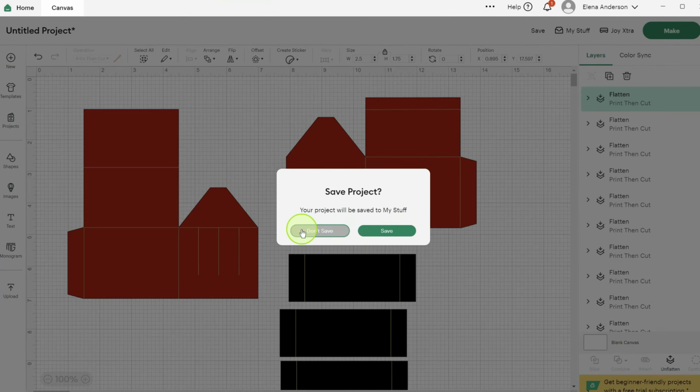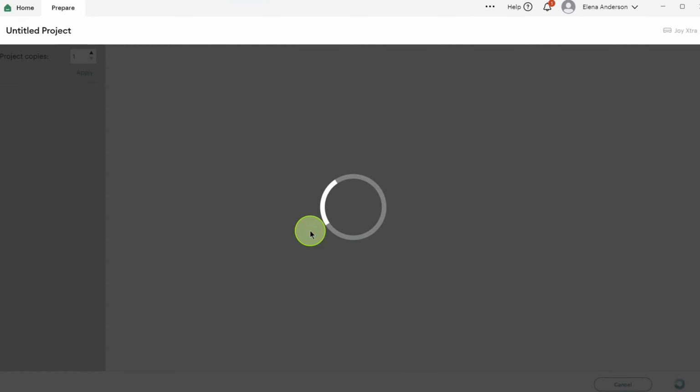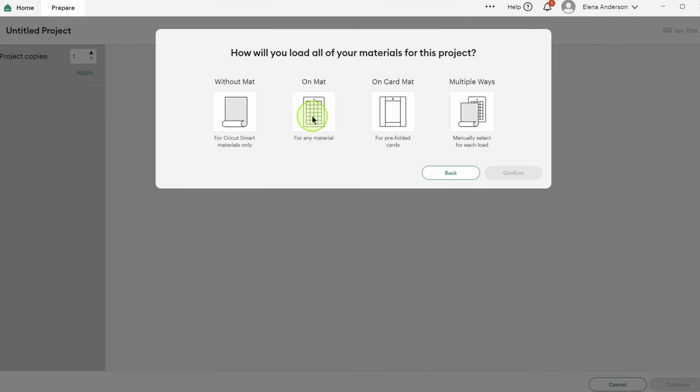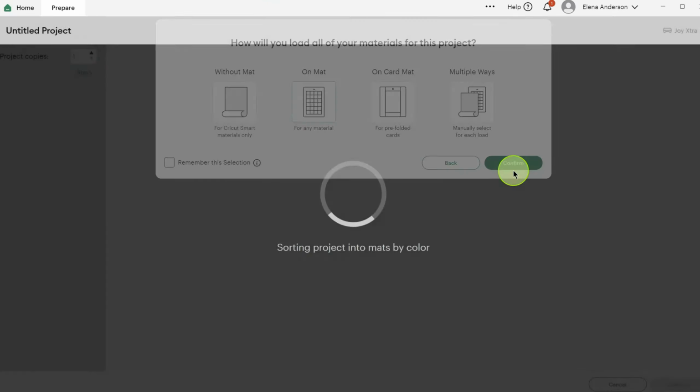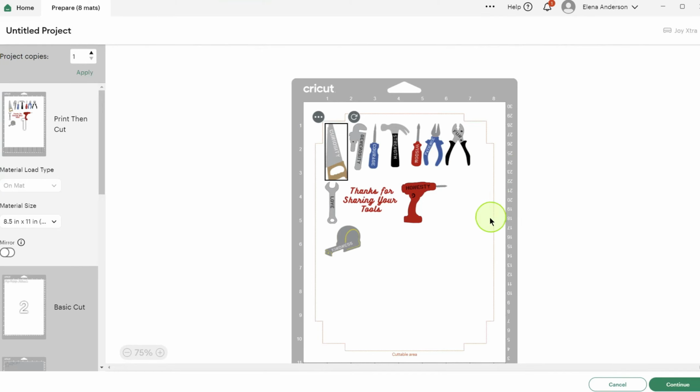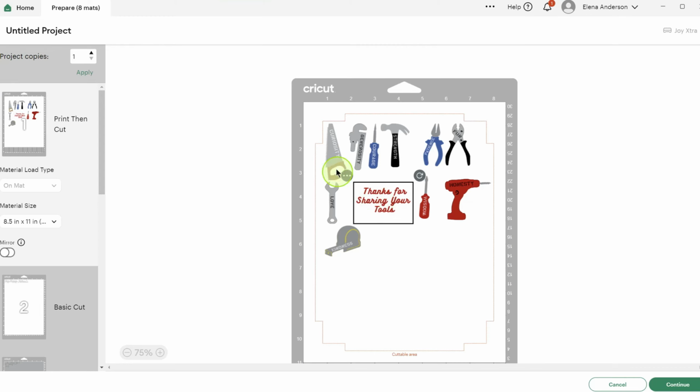You can save the project if you want to at this point. I'm going to click don't save. I'm going to be doing this on a mat, so I'm going to click confirm. And then for the print and cut mat, I'm going to be cutting this out of 65 pound 176 GSM white cardstock. And I kind of like to rearrange this stuff to just sort of give things a little bit